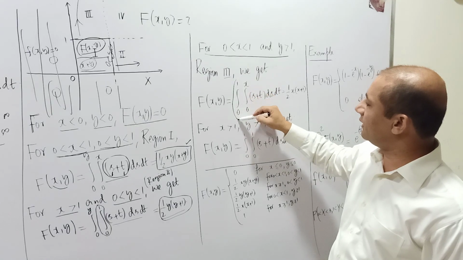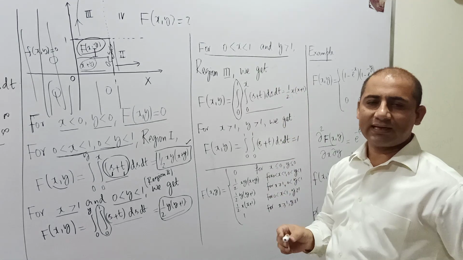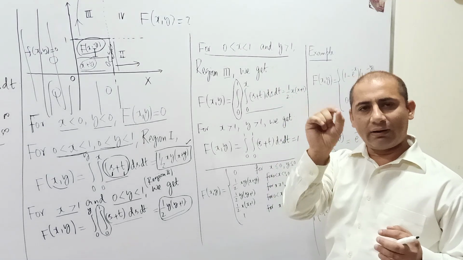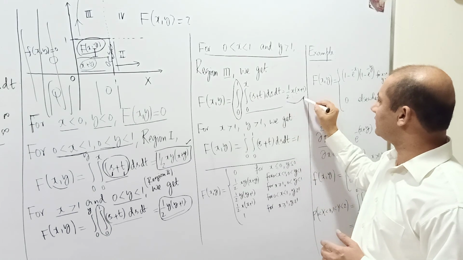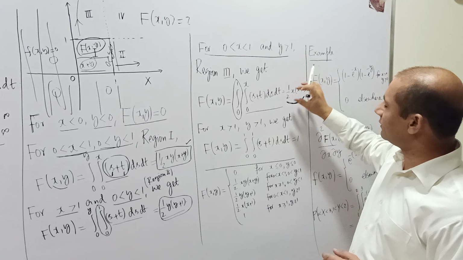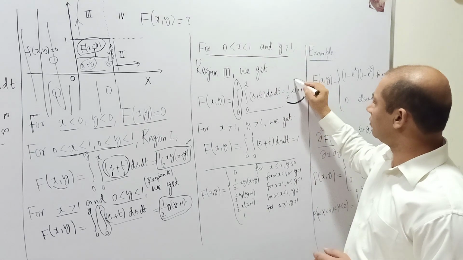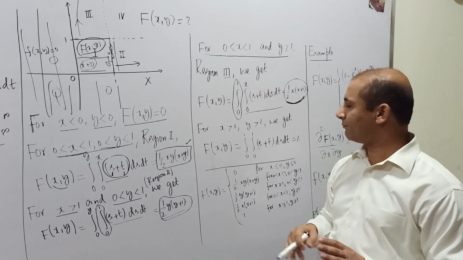Now we will do what? We will integrate this y from 0 to 1, and for x we will keep this x as variable, and mind you, this x is from 0 to 1. So we will have this very simple computation, we have very simple integration, and after replacing the limits we will have this 1 over 2 x times x plus 1. You can verify the computations yourself.